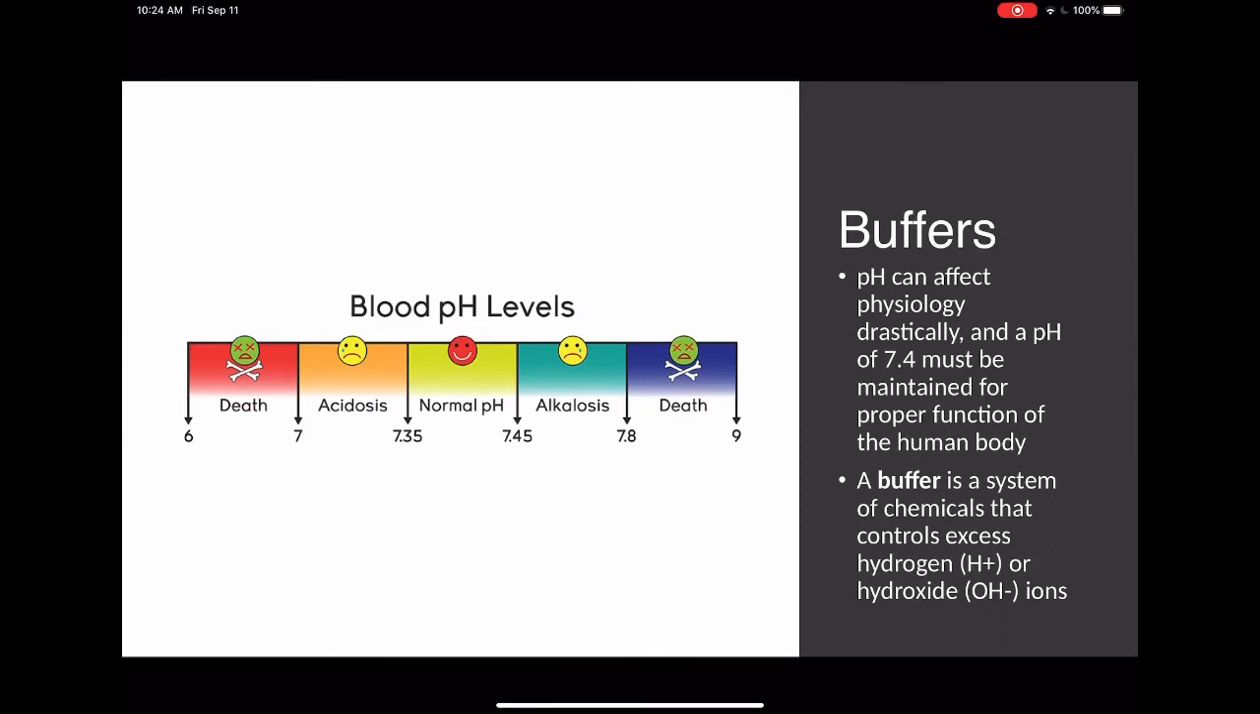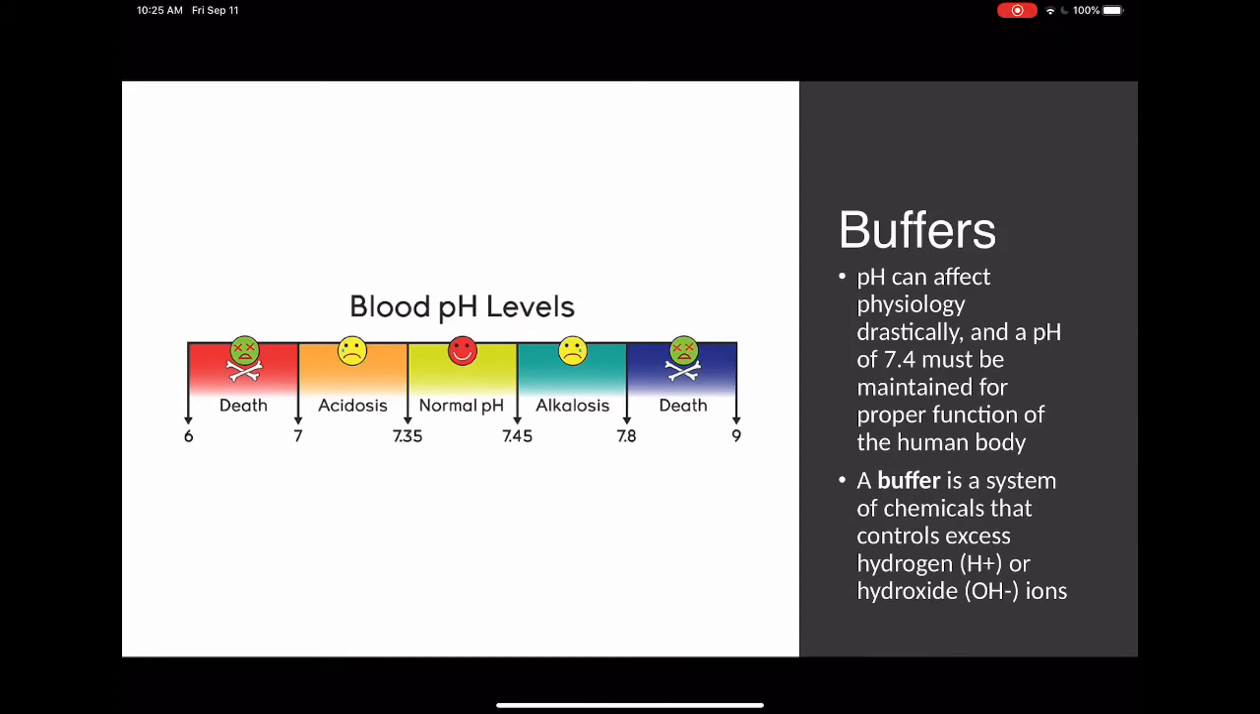So buffers. pH can affect the physiology drastically. We're going to talk about enzymes in a couple weeks, and we'll talk about how pH affects the activity of enzymes. But for most of the enzymes in the human body, we need a pH of 7.4. Otherwise, these enzymes will not work, and your body will stop functioning. So we are actually very happy between a pH of 7.35 and 7.45. And any movement out of this range, whether it's towards the acidic level or the alkaline level,